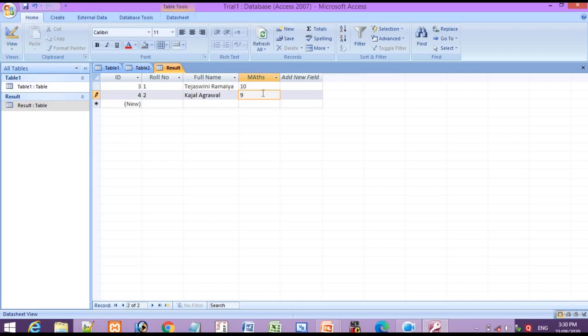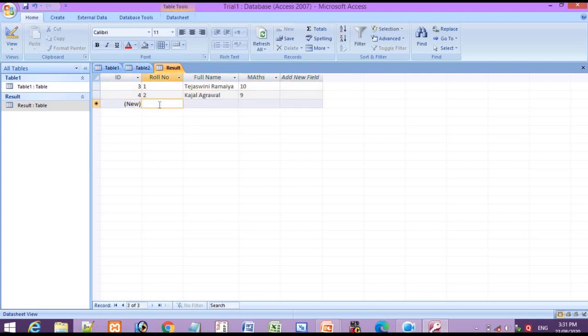Now if you want to edit some kind of data, अगर आपको edit करना है, simply क्या करो, यहाँ पे मुझे 3 नहीं चाहिए, यहाँ पे मुझे 4 चाहिए, तो यहाँ पे मैं 4 नहीं ले पा रही हूँ. Why, there is a primary key already set. Okay, so here number will start from 3 and end at 4. ओके तो ये क्या है, ये ऑटोमेटिकली यहाँ पे इन्होंने कर दिया है. ये ऑलरेडी MS एक्सेस का डिज़ाइन है कि जब ये यहाँ पे आपको ID नाम का एक रेडीमेड टेबल मिलेगा, तो ये कहाँ से स्टार्ट होगा, 3 से स्टार्ट होगा और 4 पे एंड होगा. ओके, बट this is the way in which you can add a data in your table.